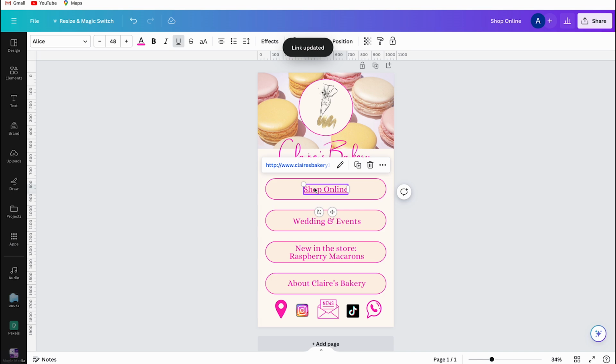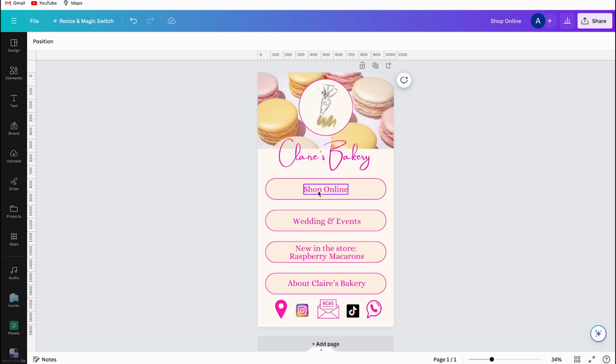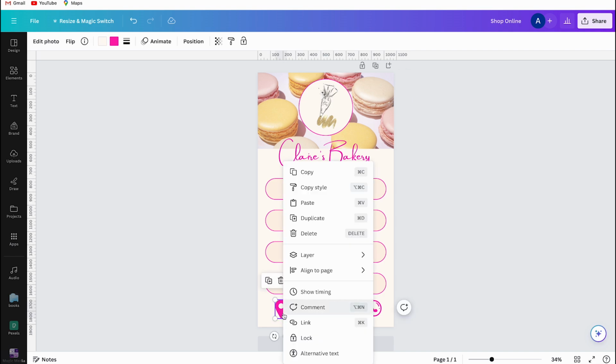You will notice that an underline appears under the text when you add a link. You can choose to keep this underline, but you can also turn it off. The line indicates that it is a link. But even if you remove the line, customers can still see that it's a link when they hover their mouse over it. And you repeat this process for all buttons and social media channels. So this will be your location page if you want to share it with your customers.